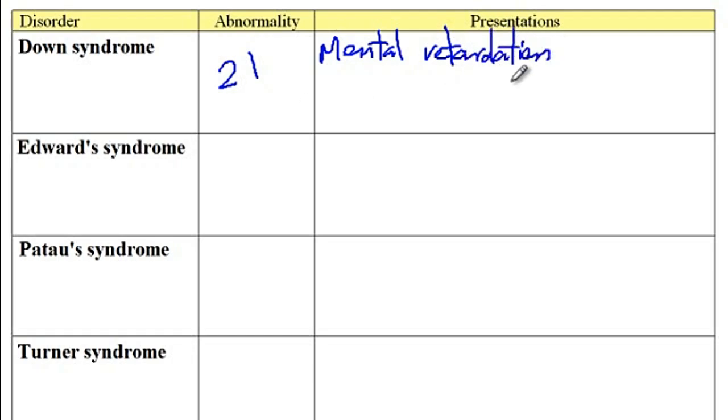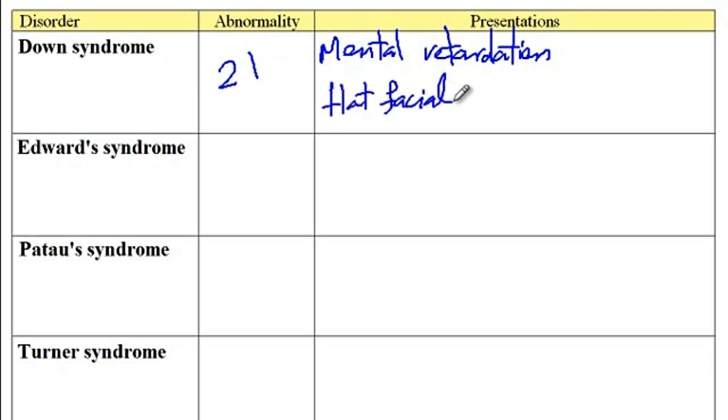So there are 2 genetic disorders that are commonly associated with mental retardation. The first one is Down syndrome, and can you tell me what is the next one? So the next one that you should know for your step 1 is Fragile X syndrome. So Down syndrome and Fragile X syndrome are the common causes of mental retardation, with Down syndrome being the most common cause. Now, other features of Down syndrome include flat